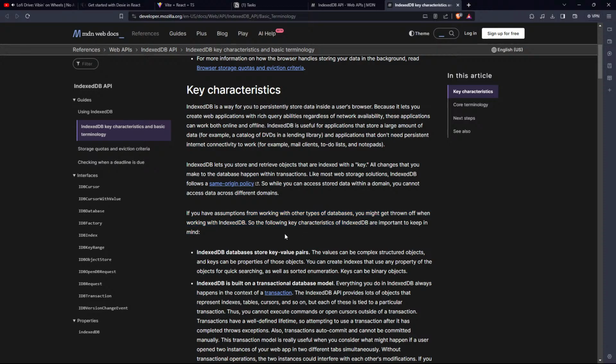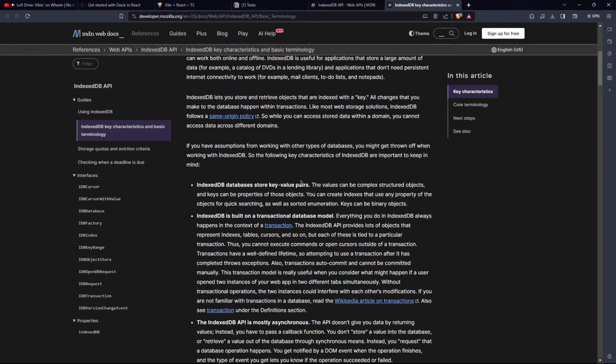Okay, IndexedDB databases store key value pairs. The value can be complex structured objects, and keys can be properties of those objects. You can create indexes that use any property of the object for quick searching as well as sorted enumeration. Everything you do in IndexedDB always happens in the context of a transaction. And the IndexedDB API provides a lot of objects that represent indexes, tables, cursors, and so on. But each of these is tied to a particular transaction, thus you cannot execute commands or